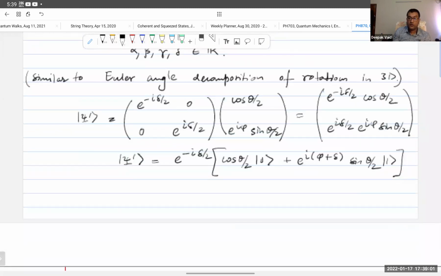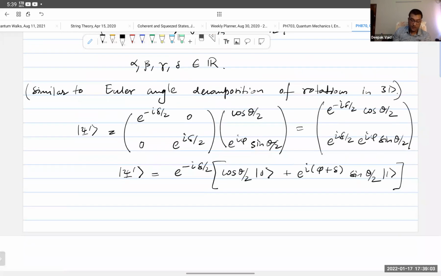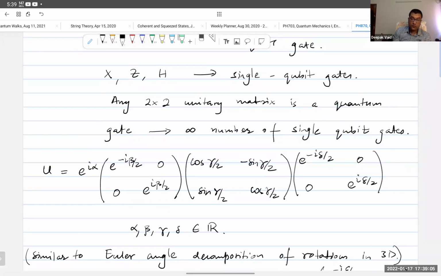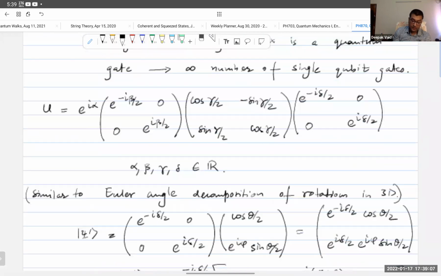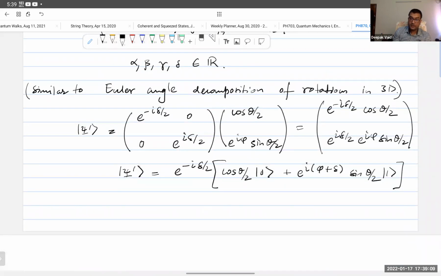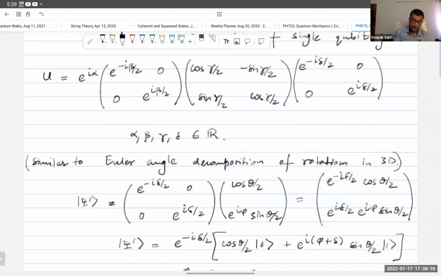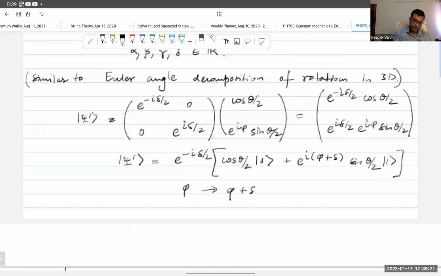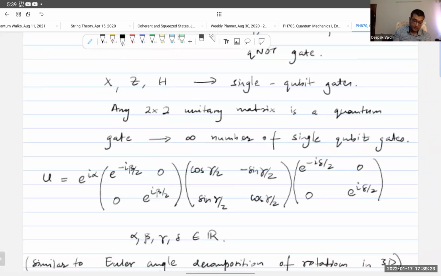Now, in terms of the Bloch sphere representation, what is going on? Theta doesn't change. Phi changes. So phi is going from phi to phi plus delta. So in terms of the Bloch sphere representation, what this corresponds to,